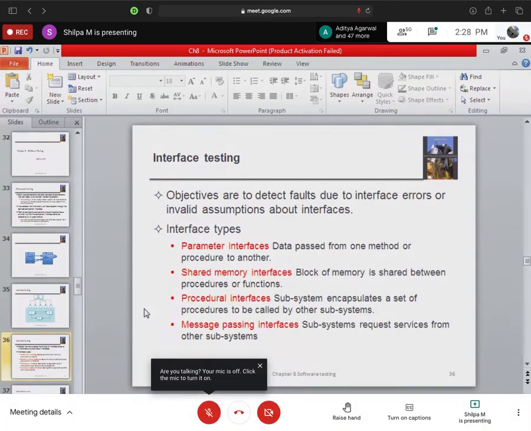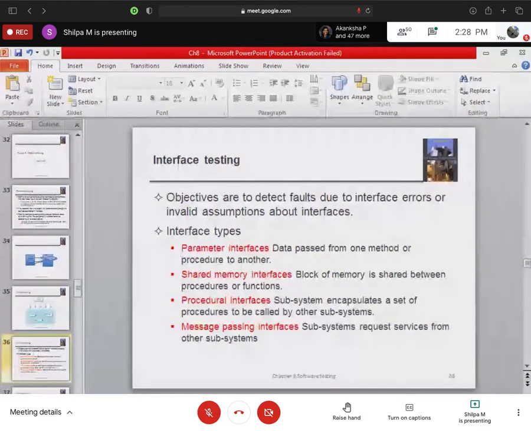In C, can you tell what type of error you get in those cases? You are passing a string, but the method is taking an integer. You get an error within your C compiler. What is the name of that error? If you have done coding, then you will remember this error very well. Yes, Aditya. Good.